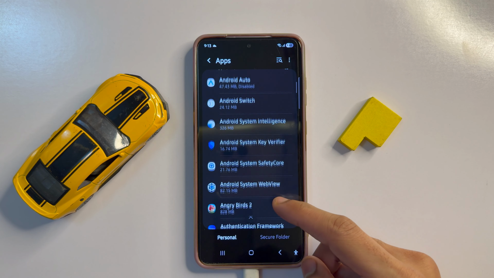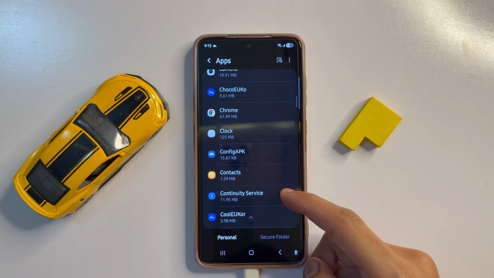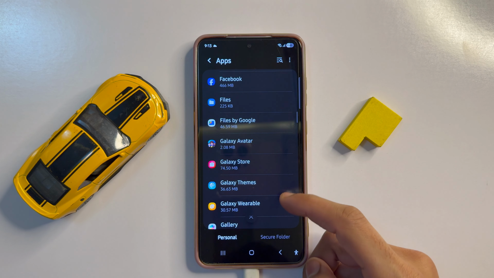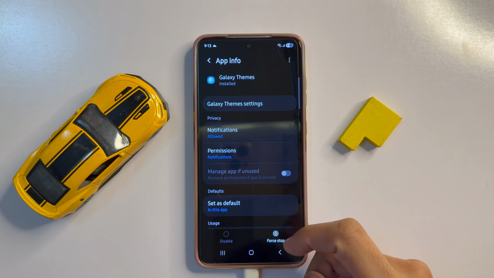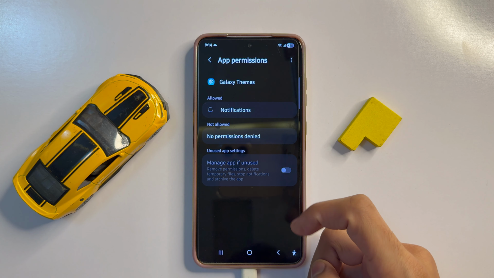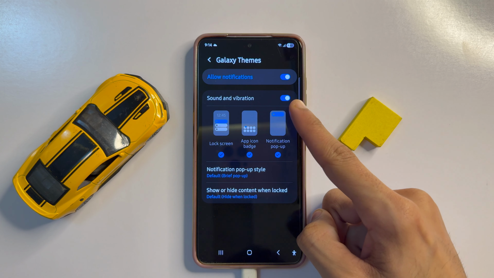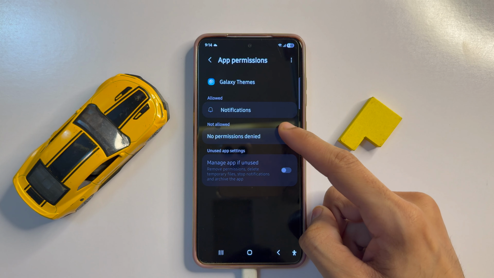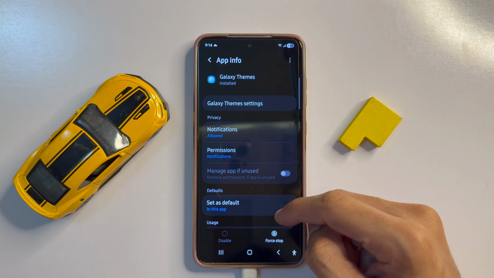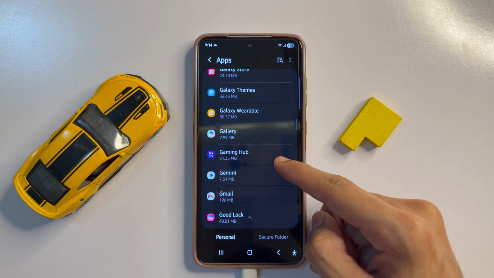Now here scroll down and click on Galaxy themes. Now you will see second option is permissions. So click on permissions. You will see permission is allowed. So after the process, go back, scroll down and click on